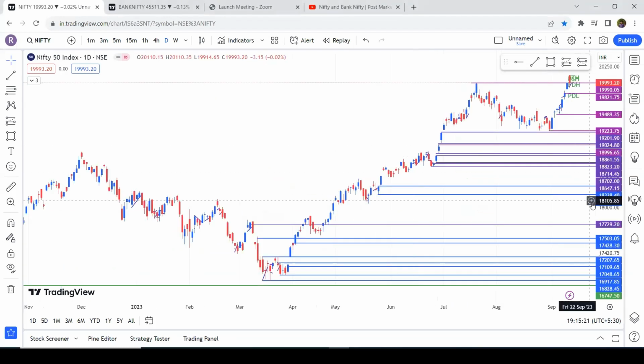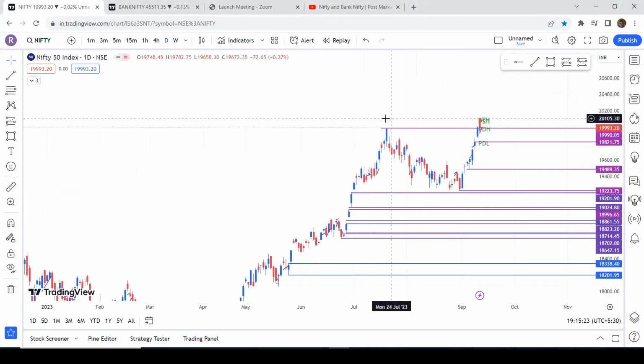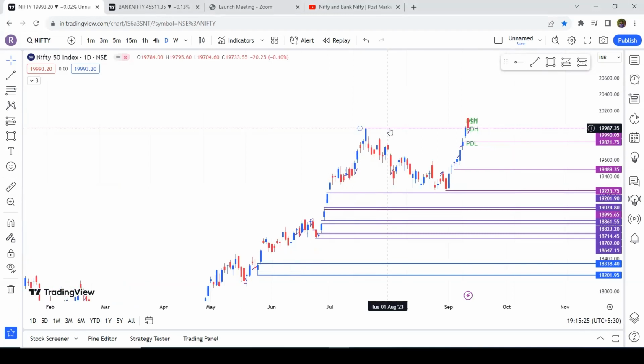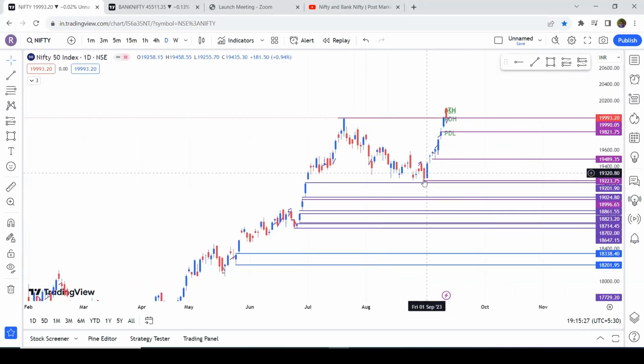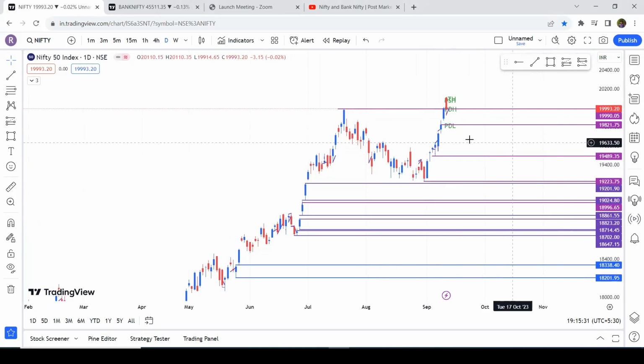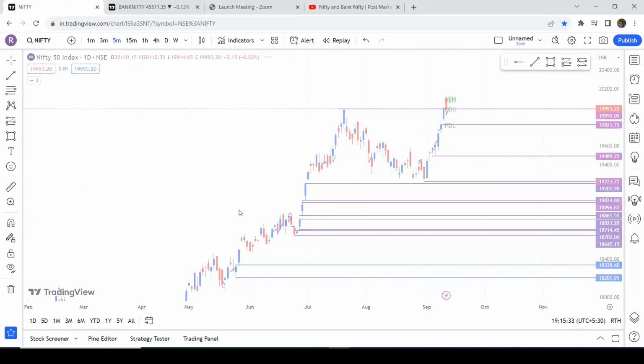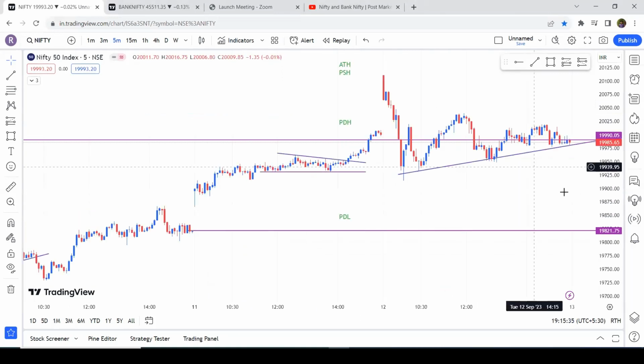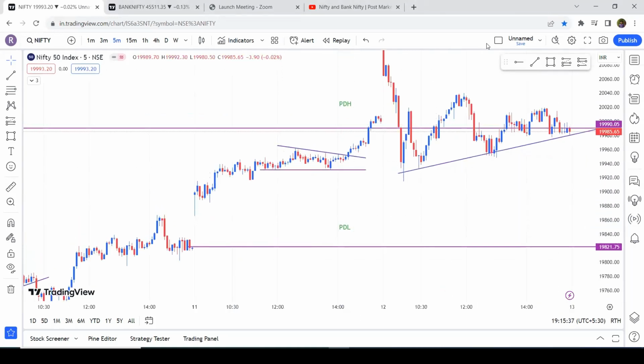All these previous swing highs and lows have already been marked. The all-time high was the previous swing high. There is no need to think about the previous swing low as it is too far from the current day market analysis. Again, here is the previous day low, and